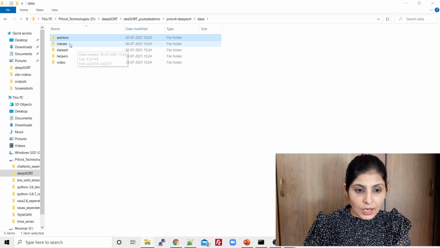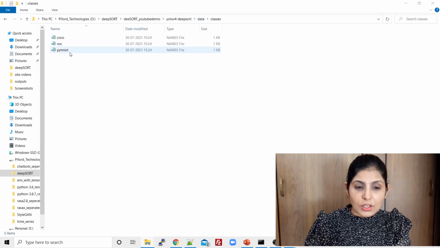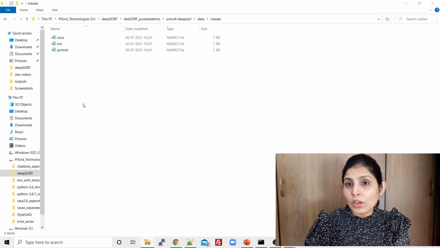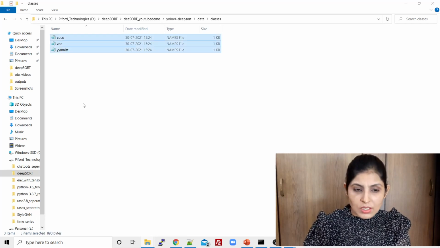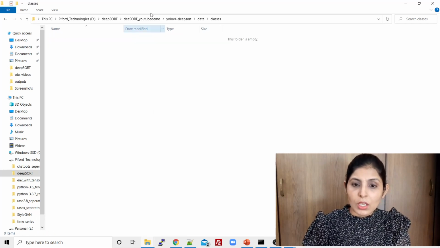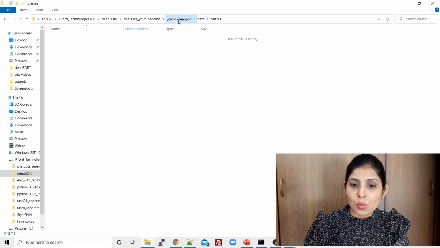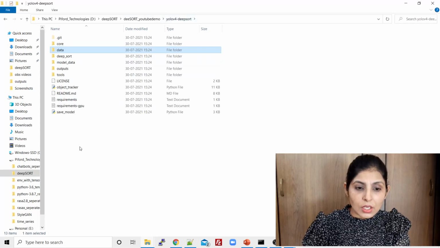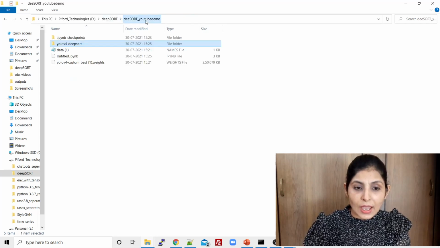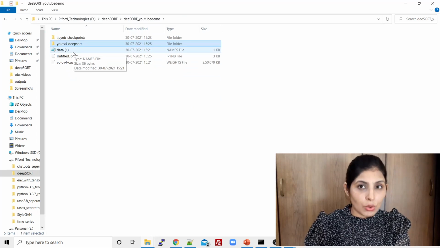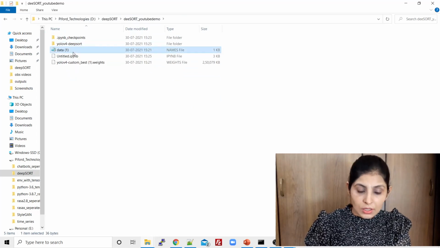Okay, after that let's open this classes folder. So the COCO dataset and this VOC dataset, we are not working on these files. So what we want is to delete all these files. Here under this data, under this classes, what you need to put is, remember we have downloaded this data.names from our YOLO v4 detector.